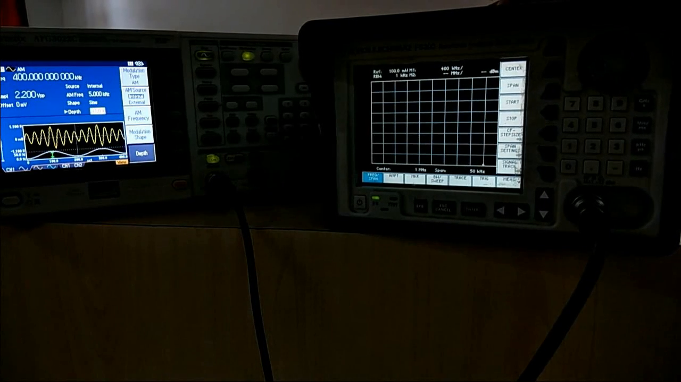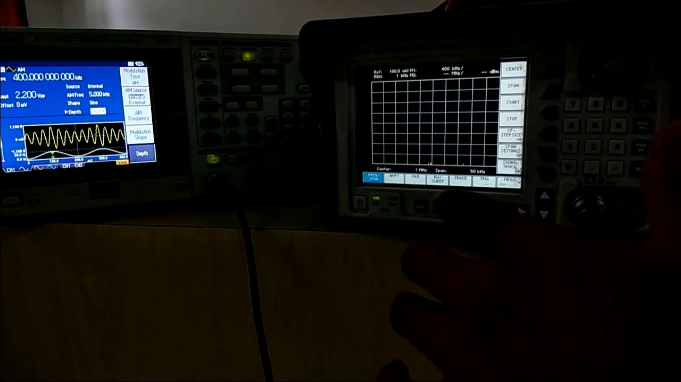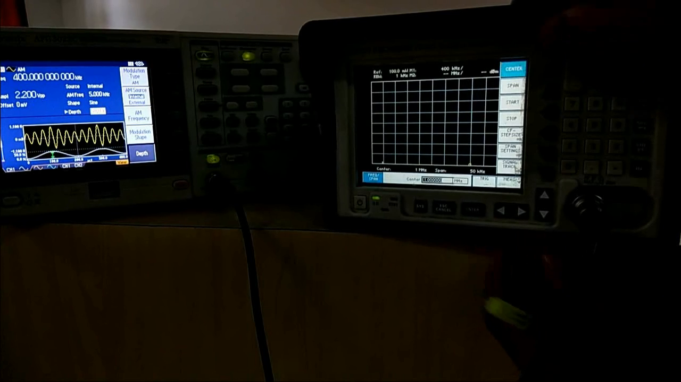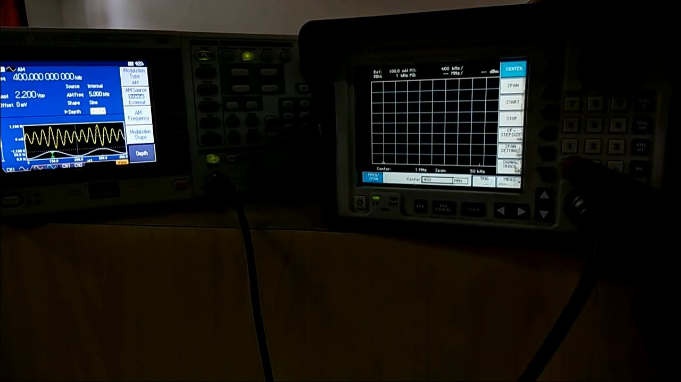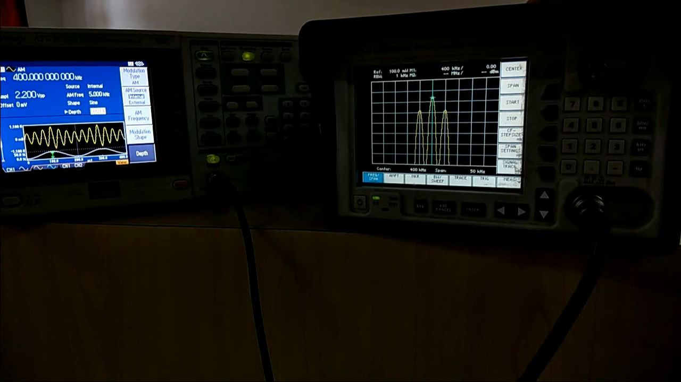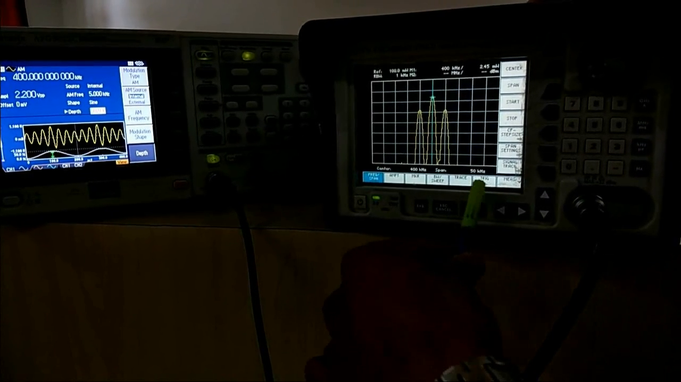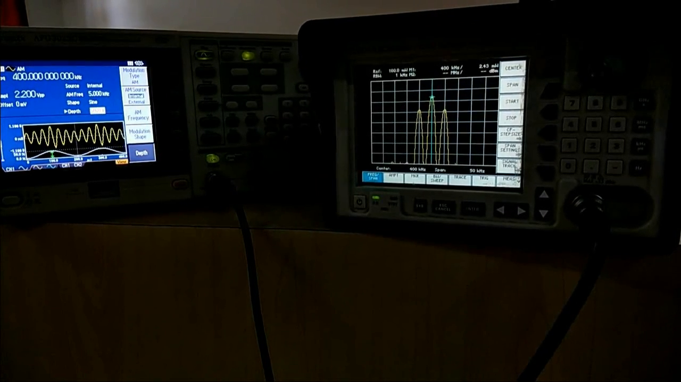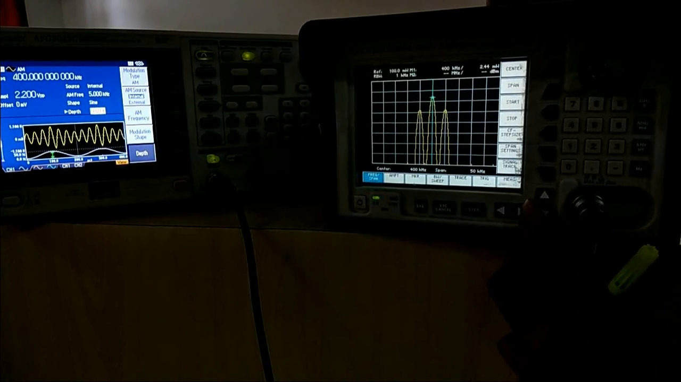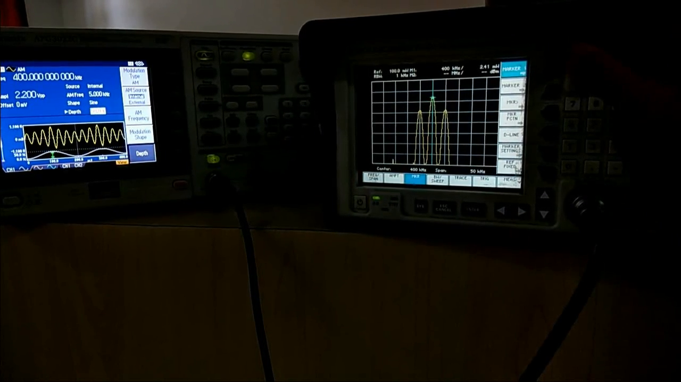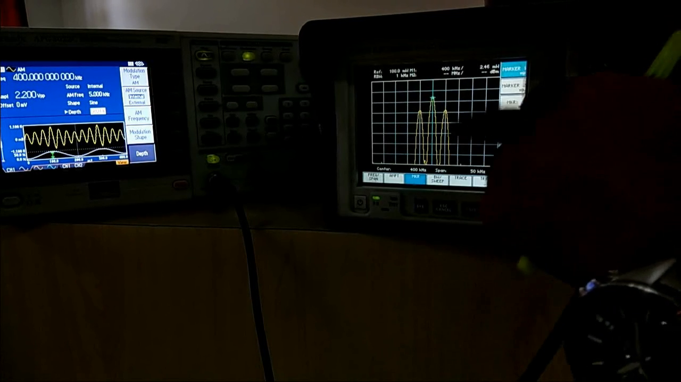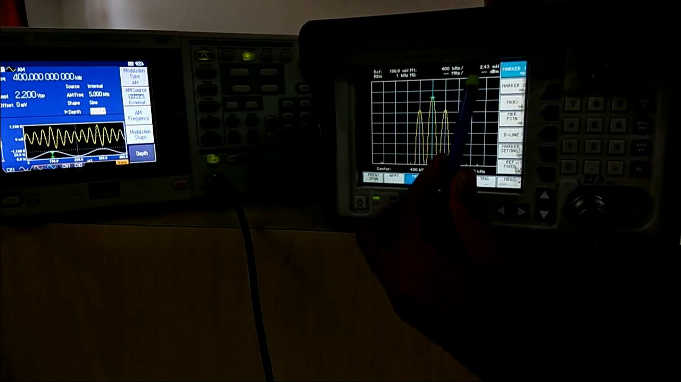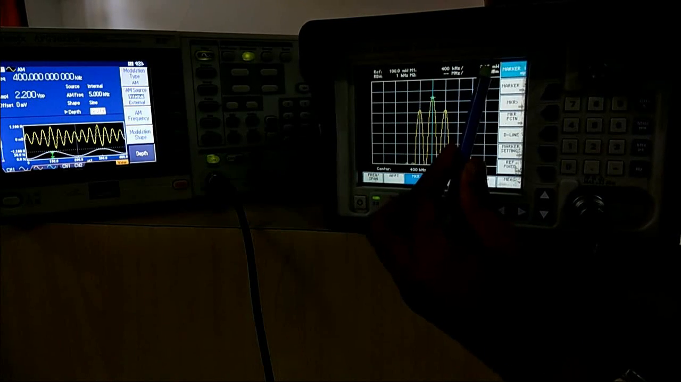To see the spectrum on a spectrum analyzer, we first have to set the frequency span, and we can set the center frequency at 400 kilohertz. The span is 50 kilohertz, so the whole screen is 50 kilohertz, with the center at 400 kilohertz. If you see the marker, we can measure this center frequency, which is at 400 kilohertz, and the power associated with this carrier frequency is